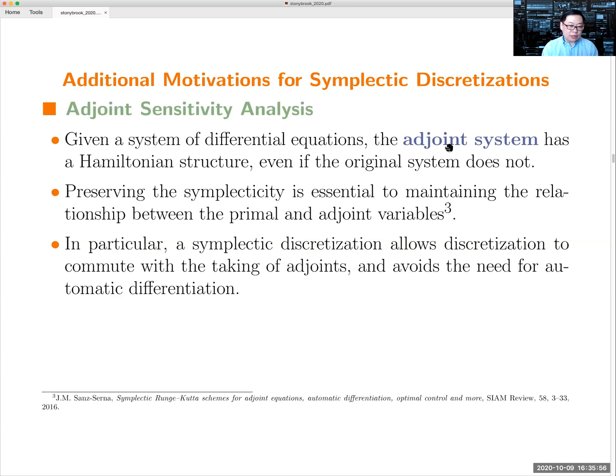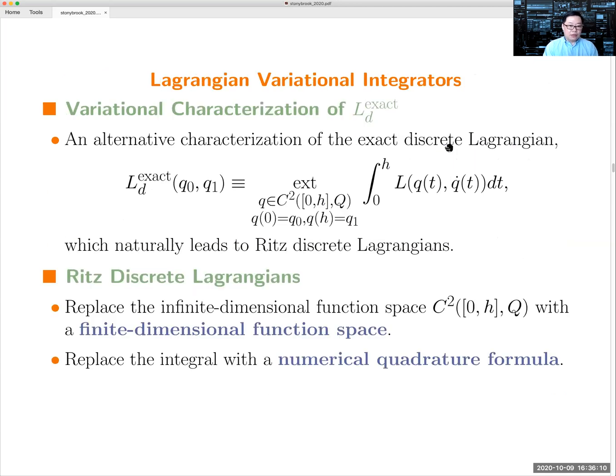Okay, so in some sense, what symplectic discretizations buy you, in the case of adjoint systems, is that it allows you to use numerical methods as an alternative to doing automatic differentiation when solving adjoint systems. Okay. Anyway, so